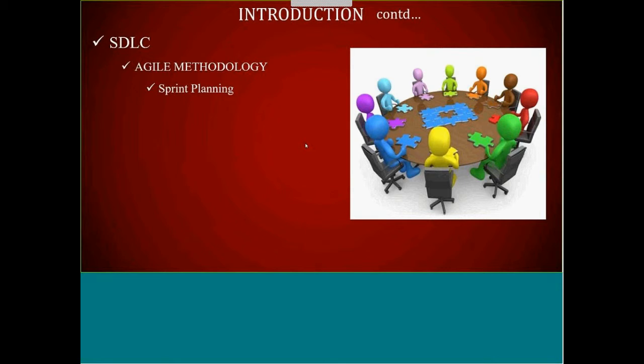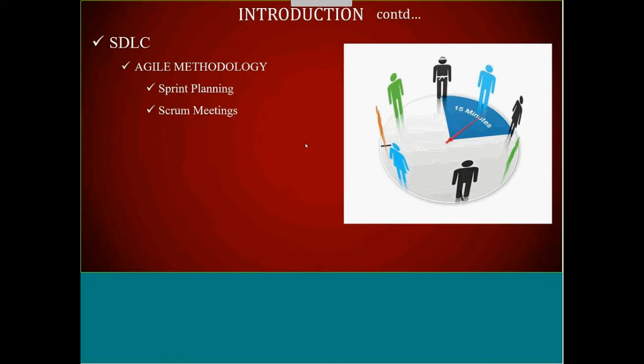And on March 19th, in general, morning 9 o'clock, everyone will meet, and this is called a Scrum meeting, or a stand-up meeting. You can call this a Scrum meeting, or also a stand-up meeting. Sprint planning will happen on the very first day, and from the second day onwards till the last day, the team will meet every morning for 15 minutes in a conference room, and that meeting is called a Scrum meeting or stand-up meeting, and it should not be more than 15 minutes.